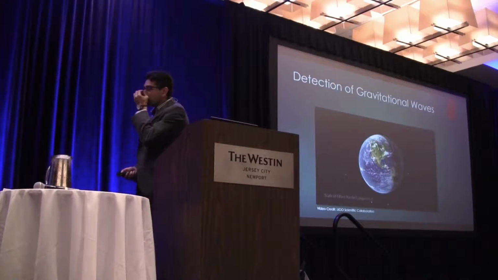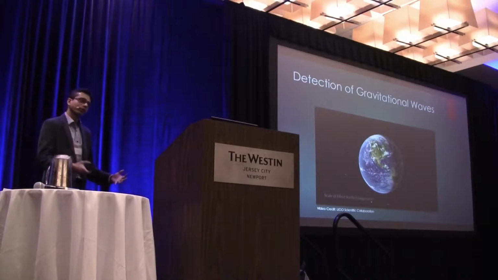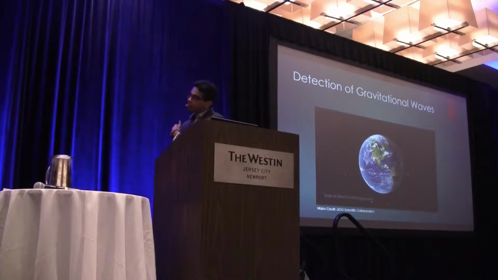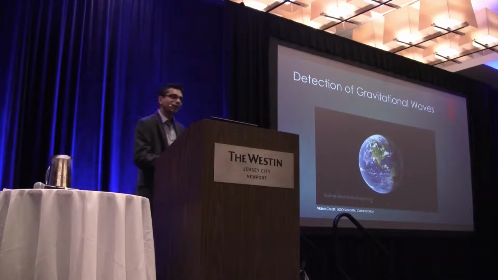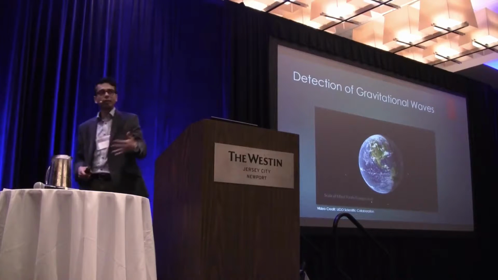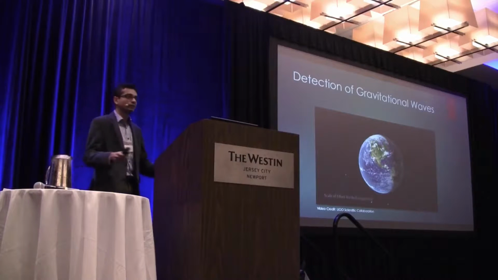Right, so in order to detect the gravitational waves, first we need to understand what is the impact of gravitational waves, what do they produce. As the gravitational waves move through the space-time, they basically stretch the space-time in one direction, and they compress it in another direction. So we have a stretch in one direction, and a compression in another direction. You get a wobble in the space-time because of the gravitational waves, and anything which is present in the space-time itself.